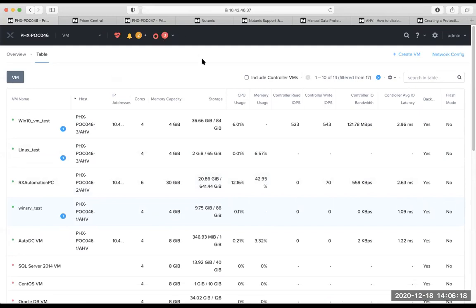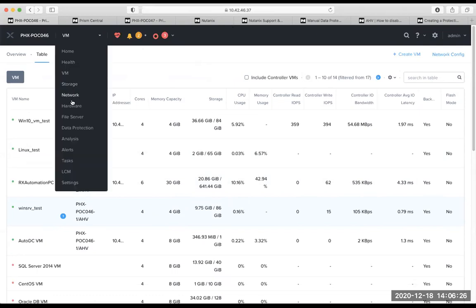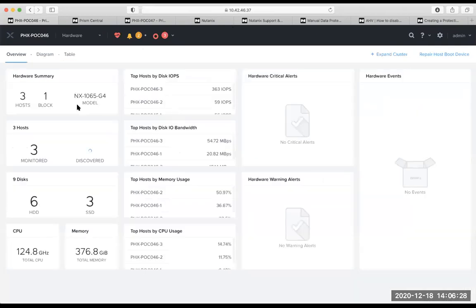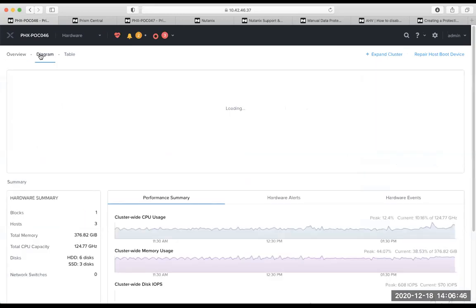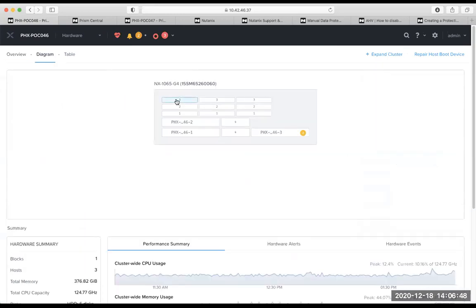So this is the demo site which I have made. Just to give you a brief understanding, this is cluster number 46, and let me show the hardware here. The cluster number 46 hardware is just like a proper 3-node cluster residing in one block. This is the model number, and it contains around 512 MB of RAM and a couple of cores. If I were to give you the details in the hardware summary, it will give you a better idea.